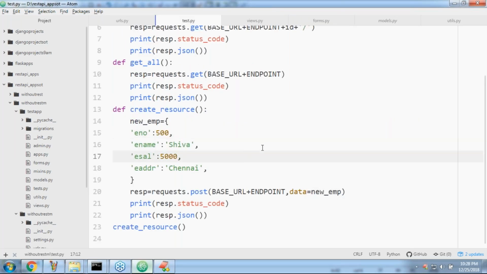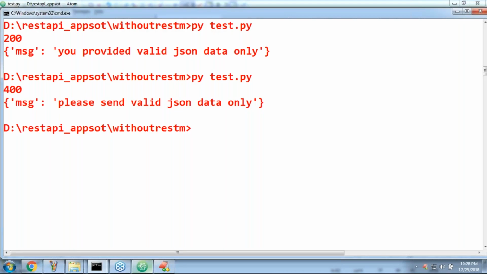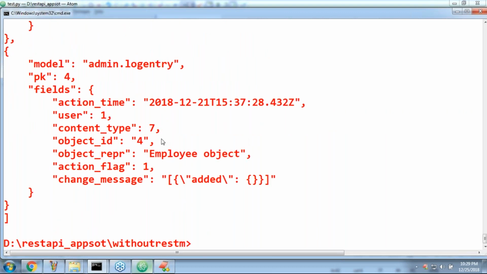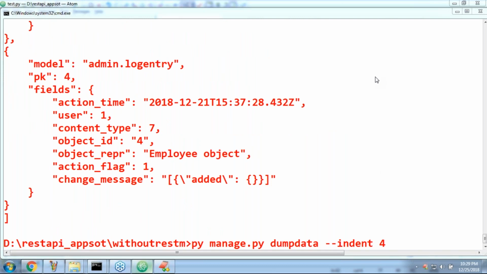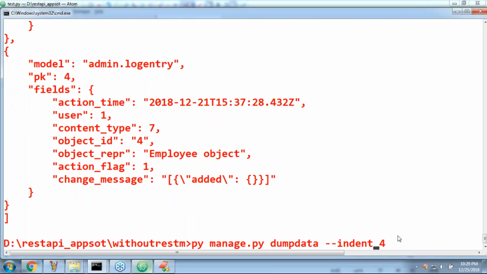What is the salary? Let me take salary as 10,000. Is it acceptable? Can you please confirm? Is it acceptable or not? 10,000. Yes. Okay, let me cross check. py manage.py dumpdata, with hyphen indent, I'm taking. Now currently how many records are there? There are multiple, but I want to talk about only employee data.